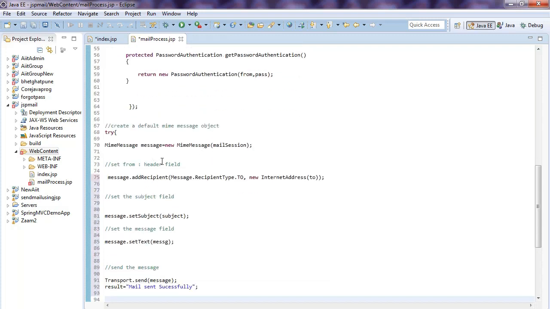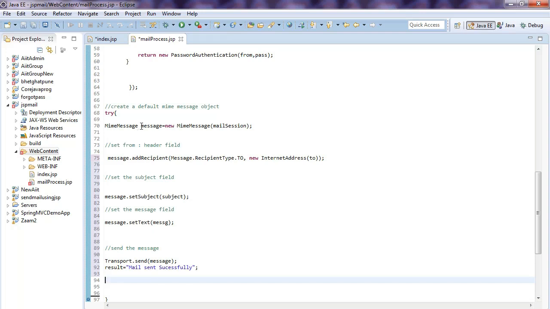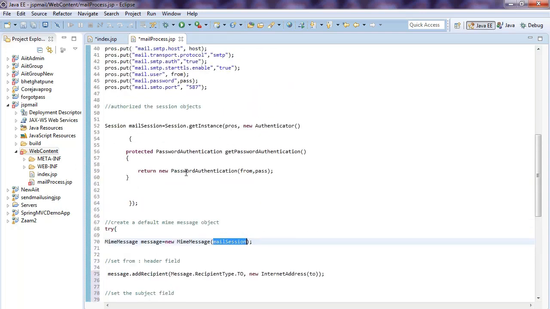After that, in a try-catch block, because it may generate an exception, you create the MIME message class object named message, and you pass the mail session, which is part of the session authorization.